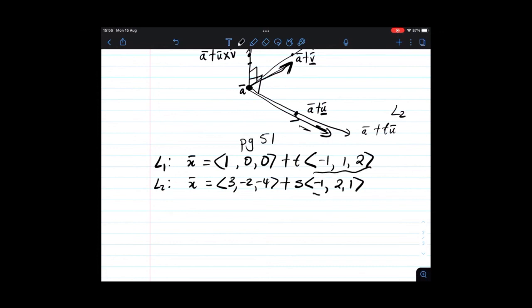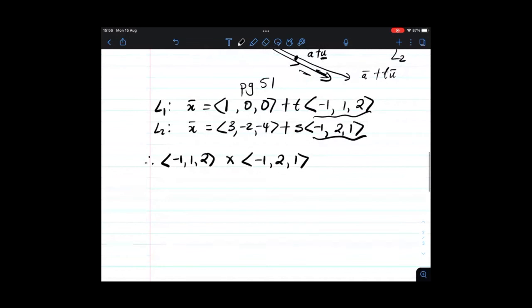So basically what I have is these are the direction vectors for L1 and L2. So what I need is to find the cross product of these. So therefore, (-1, 1, 2) crossed with the direction vector of L2, the cross product will be like this, and this is equal to,